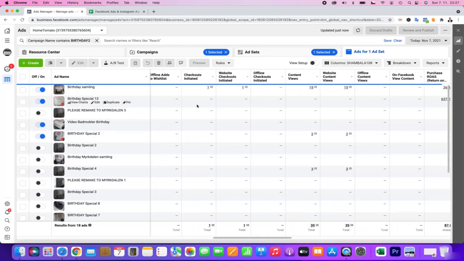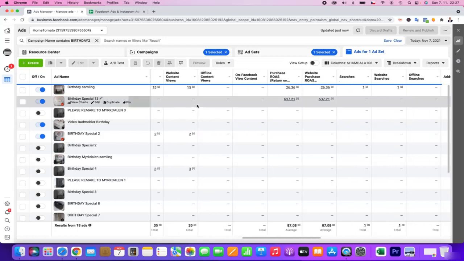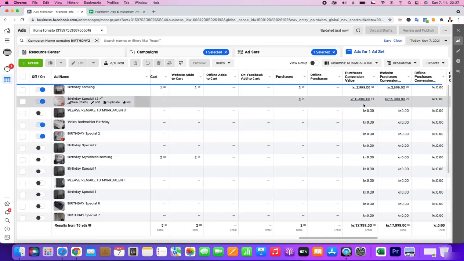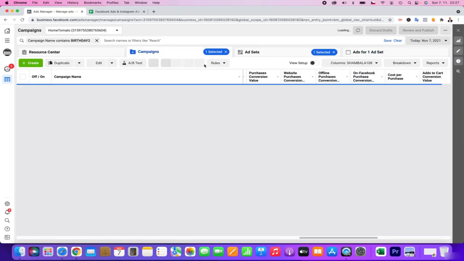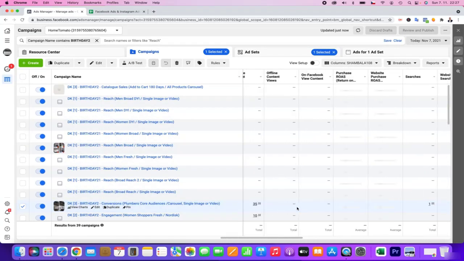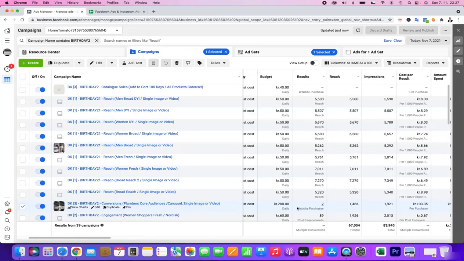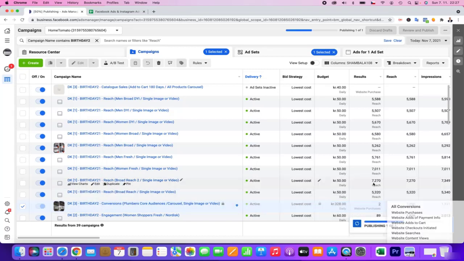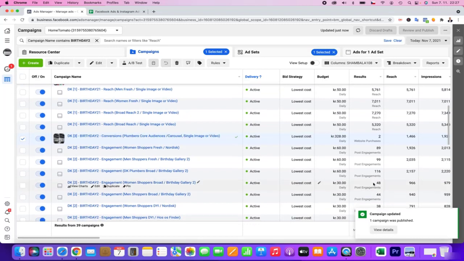That's a really good start, that people are starting to buy. And especially this was really good. As you can see, the conversion value is really fantastic, really high. So this, I'm really happy. This conversion value is great. So definitely I'm going to give a little bit more budget. It's still testing, but it really seems promising.